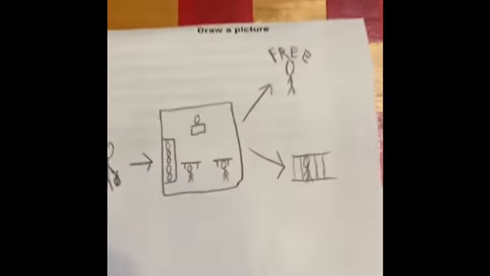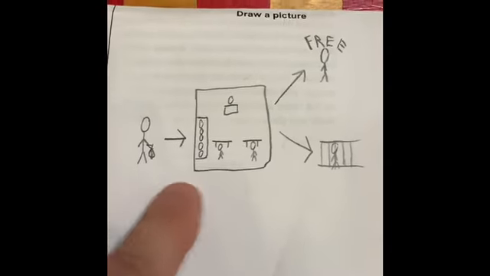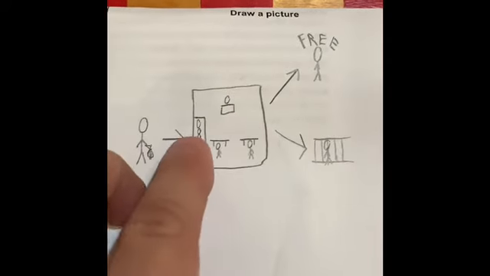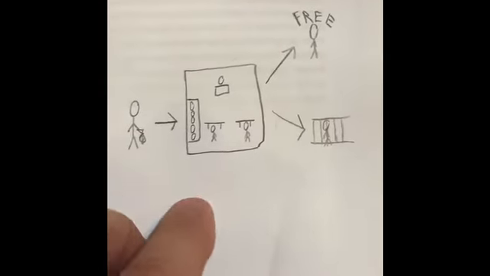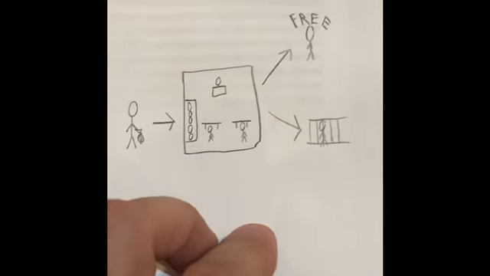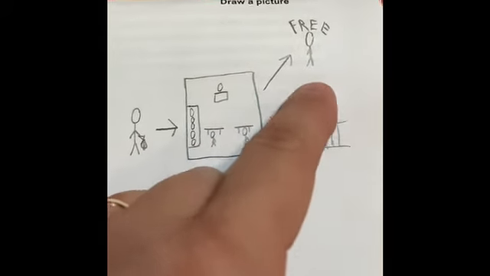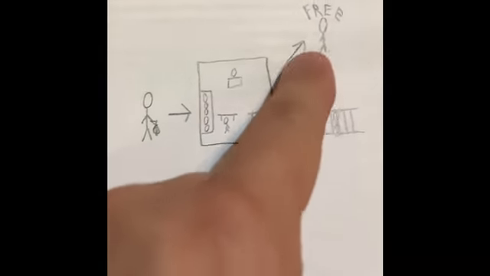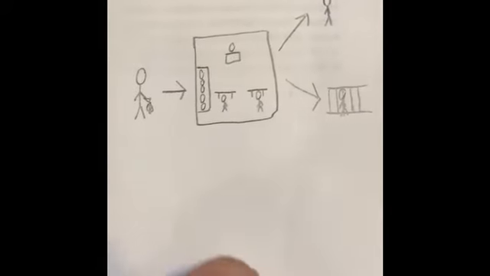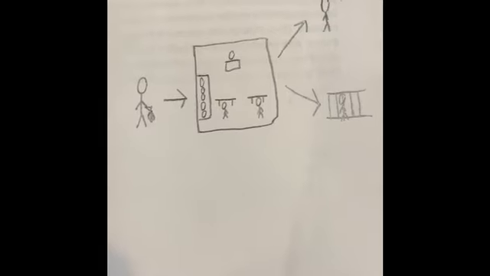And then the picture here, it shows someone walking into a courthouse. There's the judge, there's the jury, there's each lawyer, and you walk into the courthouse, and you're either given your chance to prove you're free, or you're innocent, or you're put in jail because you're guilty. But everyone gets that chance. Here's the pantomime.